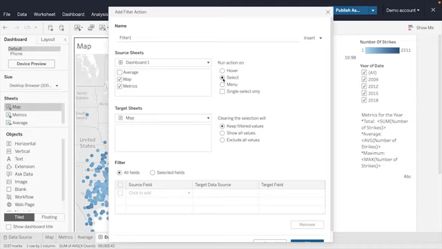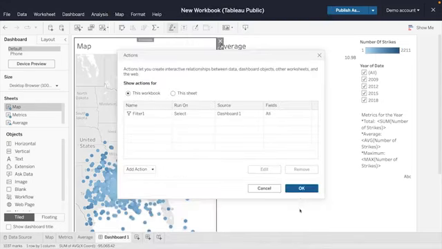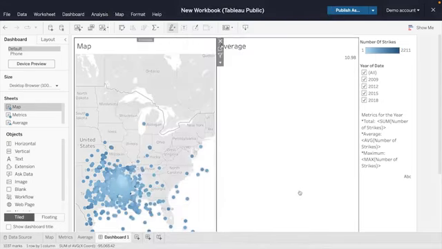For Target Sheets, select your dashboard from the drop-down. Then select the map and the recently completed worksheet that will gather metrics for individual locations. From the list of clearing the selection will, select Show the Values. Lastly, select all fields for the filter section. Click OK. And now you have an interactive dashboard.